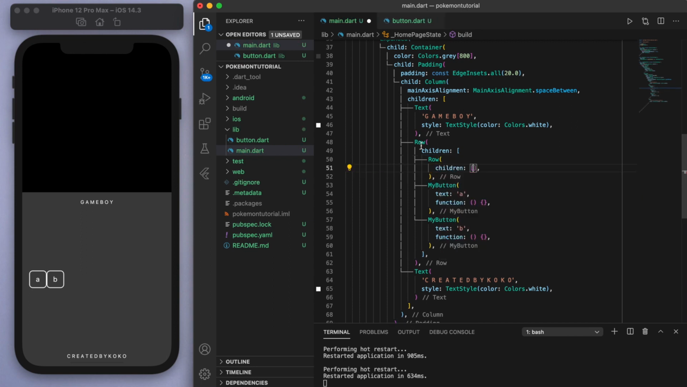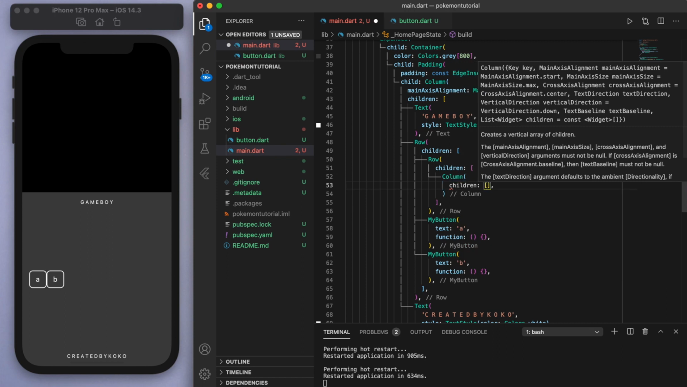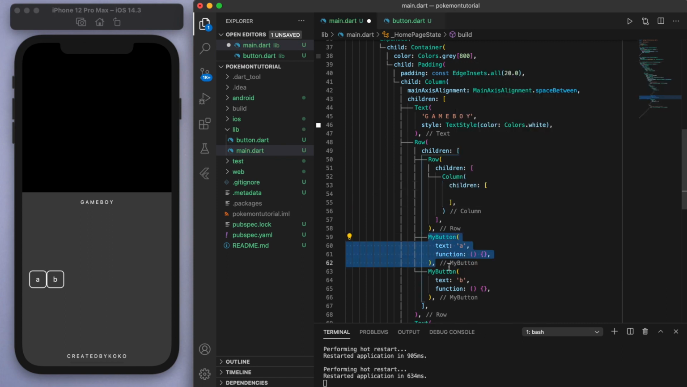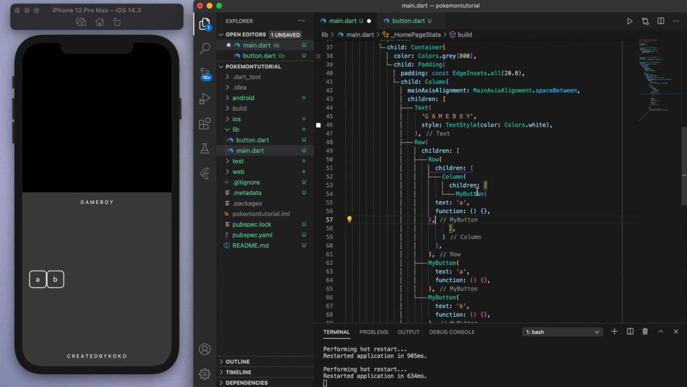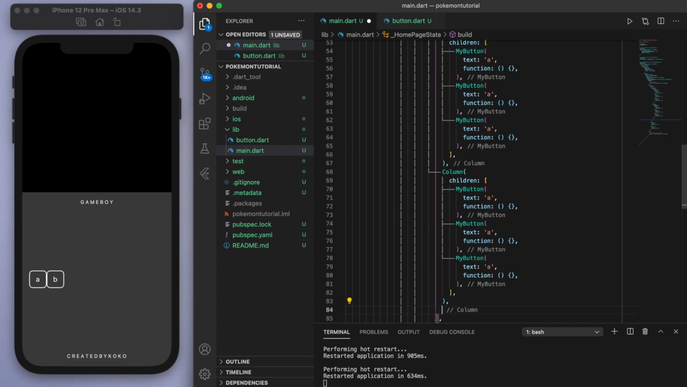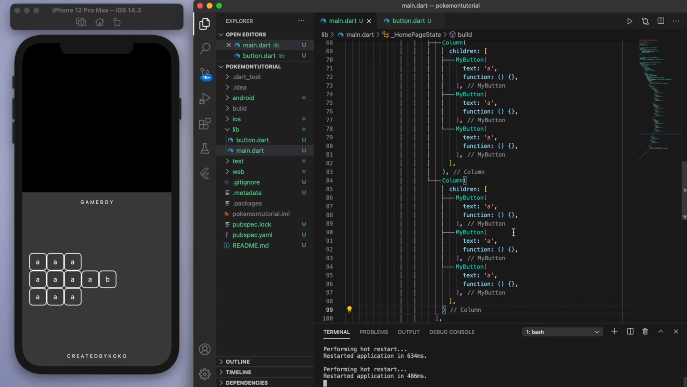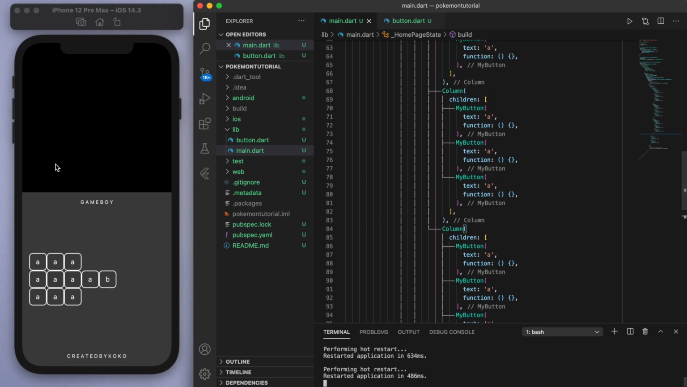So in the row, I'm going to create another row, and in the children of that, I'm going to put a column, and in the children of that column, let's just copy and paste this button, and let's copy it 3 times. And this column, I'm going to copy and paste 3 of them. Okay, so what this should look like is a bunch of grids. Good, so we have this grid on the left. This is where I'm going to put up, left, right, down,